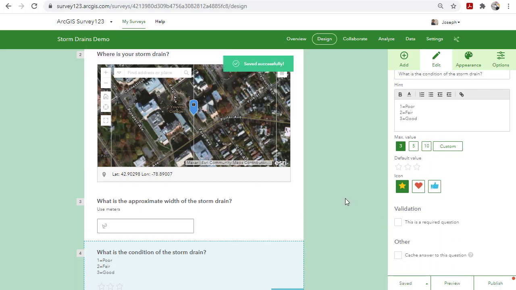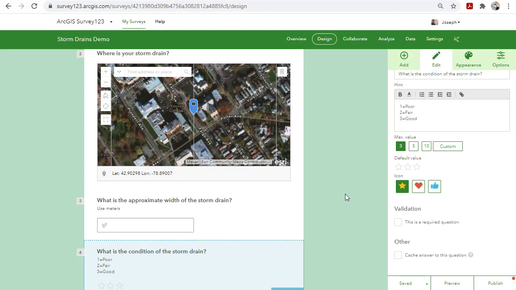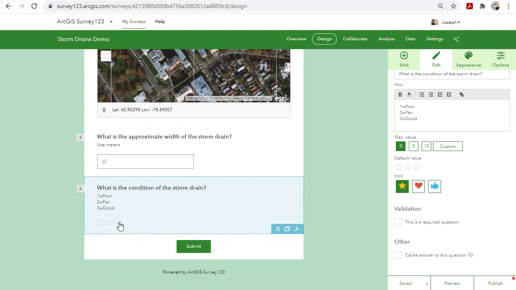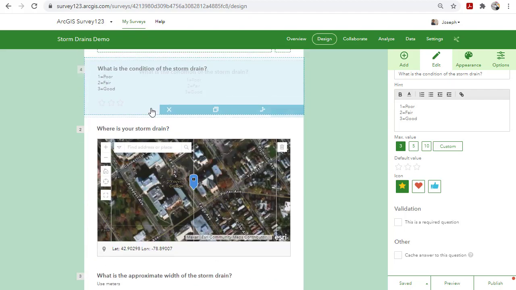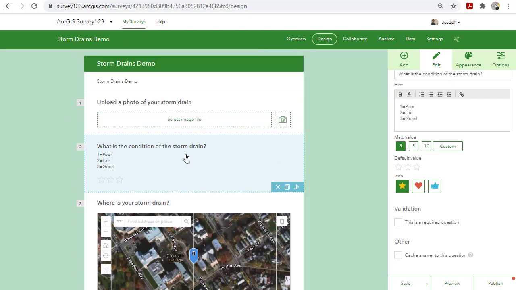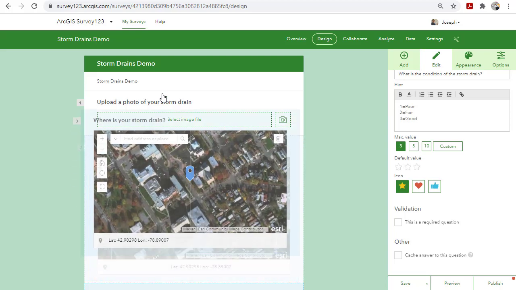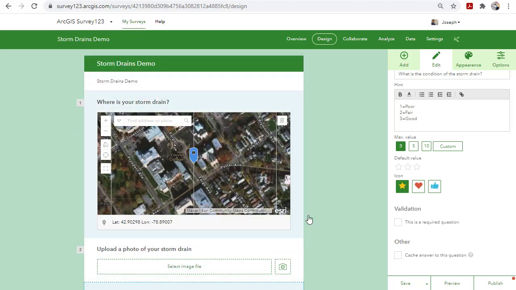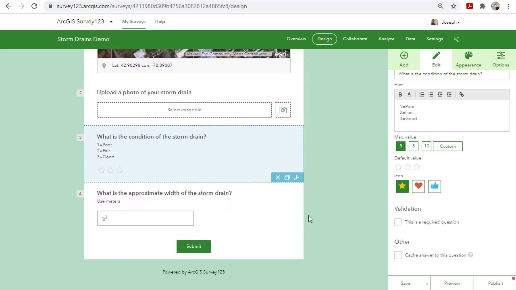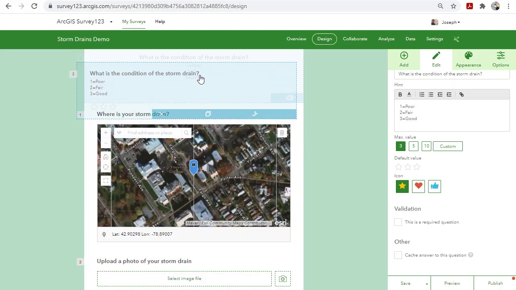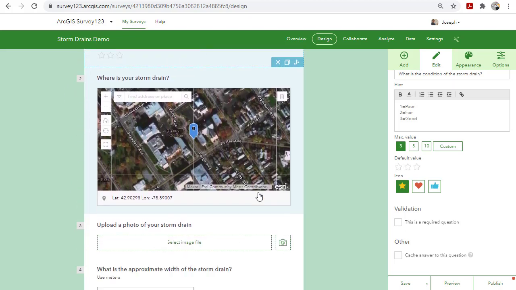What is the condition of the storm drain? I want some sort of rating in here. Now this is where, again, I'm highly abbreviating the preparation that should be required when you have this really rich discussion with your students about what should we collect, what units are we going to use, how are we going to collect it, do we need sensors, do we need extra equipment, what do we do if we have no